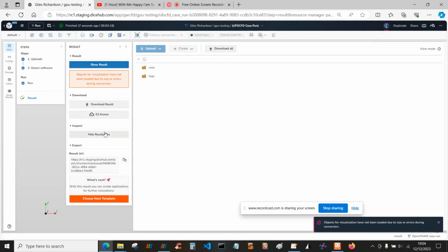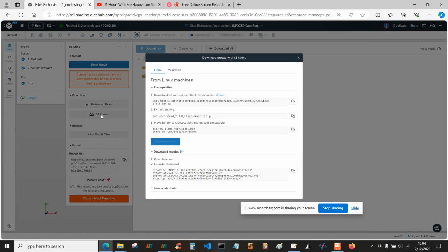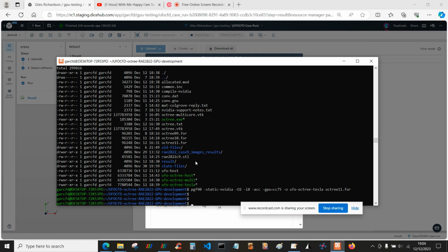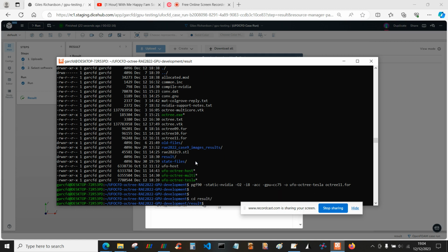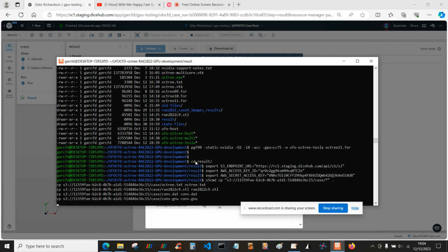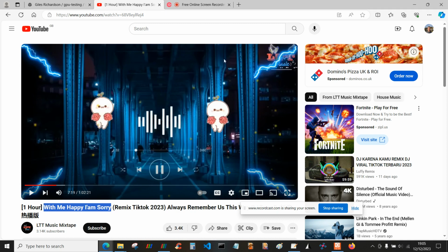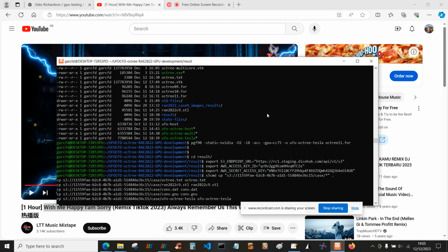So I can go to show result. Now I can't see the result here because it's a VTK file that's been created, but I can download it. So I normally go to S3 access and I go back to my laptop, go to a separate directory, cut and paste that information. And then within a few seconds that downloads the data, my run data, all the files that I've uploaded, including